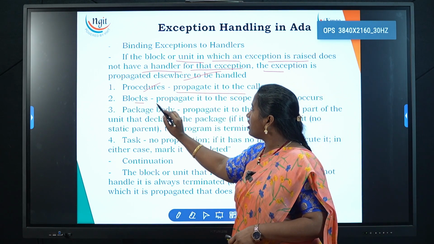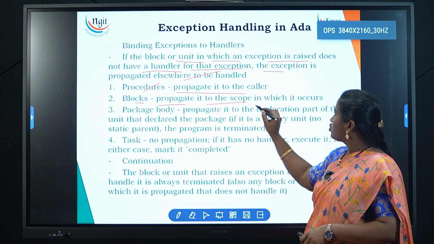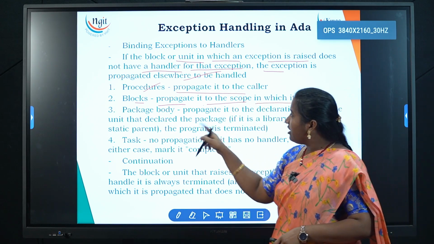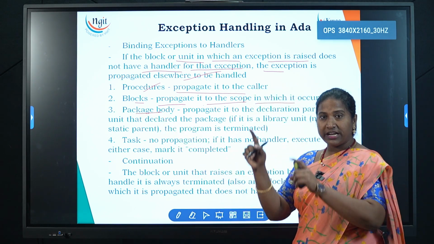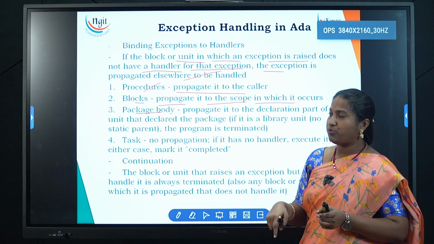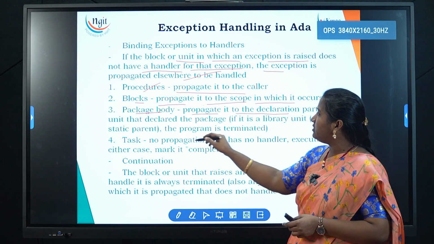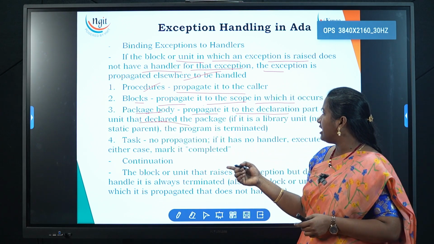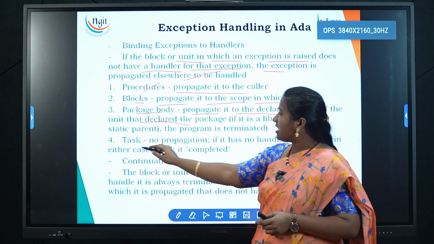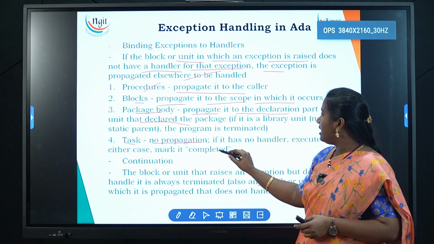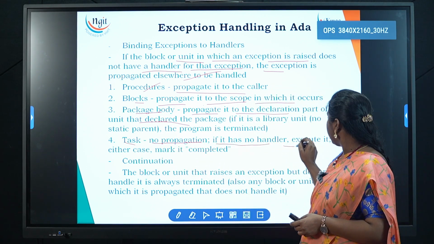If it is a block, we'll propagate it to the scope in which it occurs. If it occurs in a package body, it propagates to the declaration part of the unit that declares the package. And if it occurs in a task, no propagation. If it has no handler, execute it.